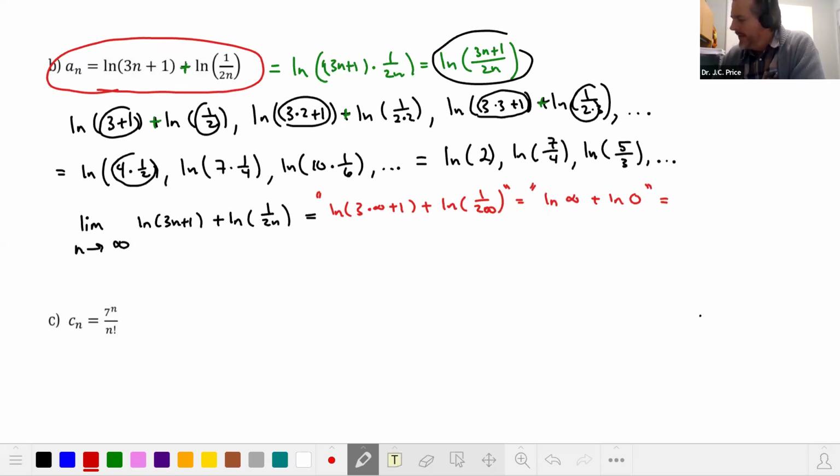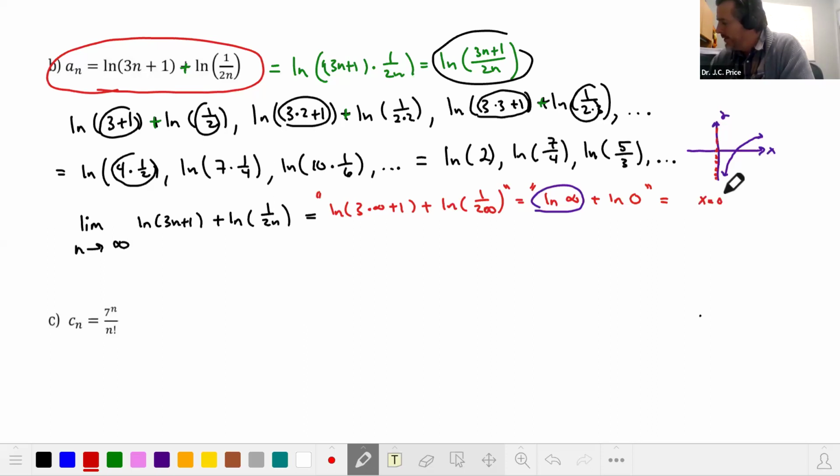And now ln of infinity, as the inputs get bigger, ln gets bigger. So remember what the graph of ln of x looks like. So the graph of ln of x looks basically kind of like this. And it does have a vertical asymptote here at 0. So at x equals 0, you have a vertical asymptote. So as you go all the way out to the right here, the graph continues to go up, up, up, up, up, up forever and ever. So it's going to be equal to infinity, and then plus, and then ln of 0, well, here's 0, ln of 0, you're going all the way down. So it's actually negative